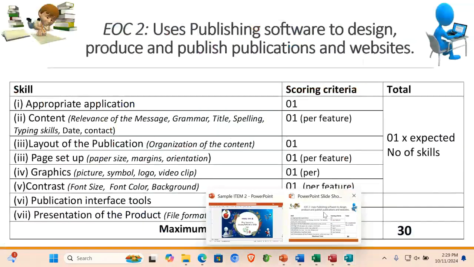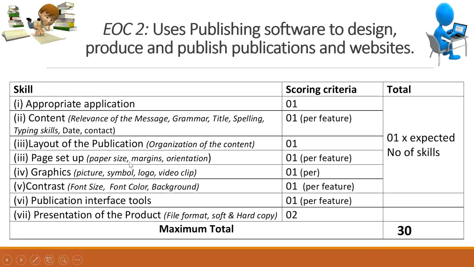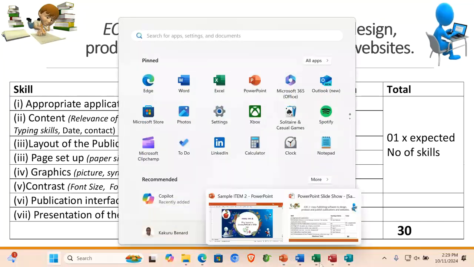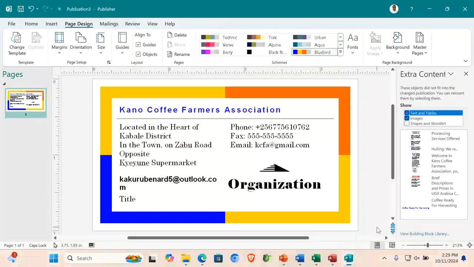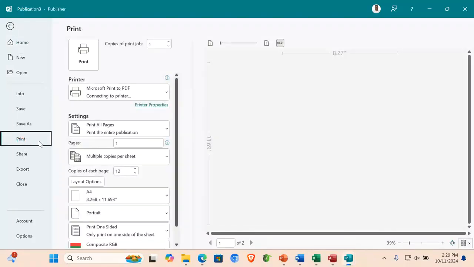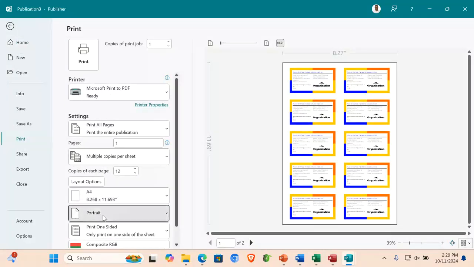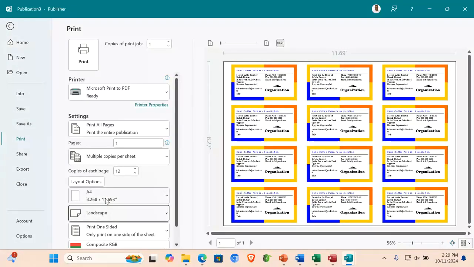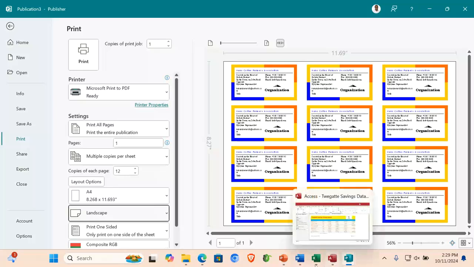So we need to see you working on your paper size, e.g. A4, A5, etc. Margins and orientation. For example, if I'm looking at click file, print. So on printing, orientation here, portrait, maybe I want it in the landscape. So all that, you need to take care of that. More to that, let's look at